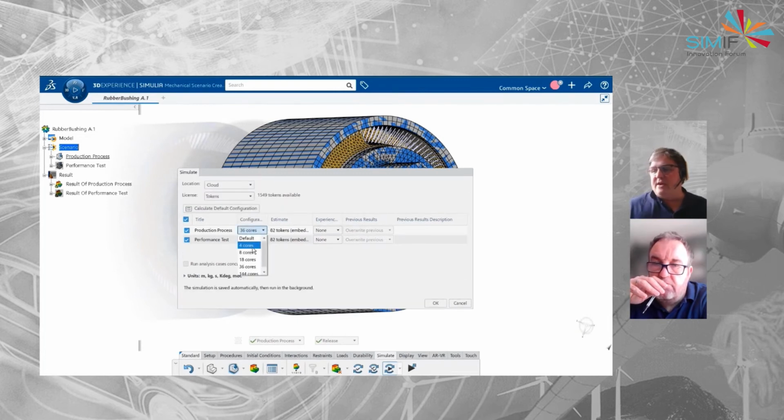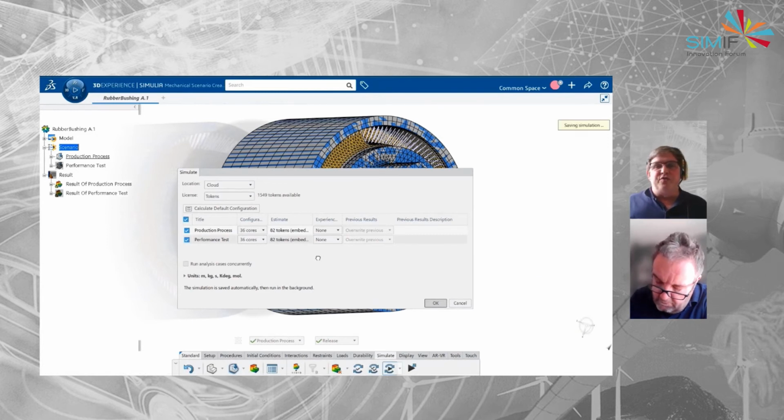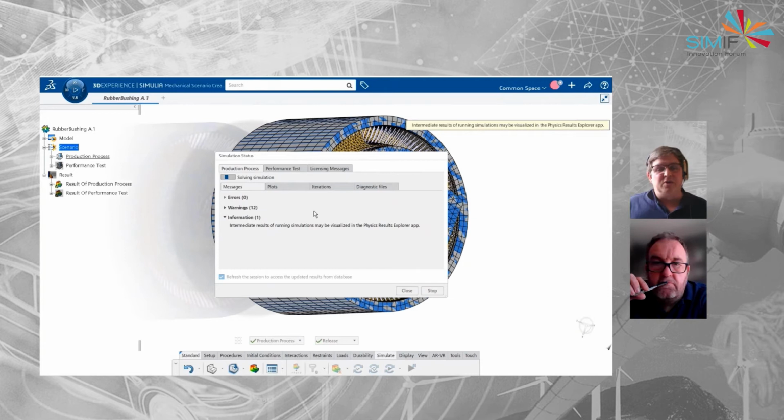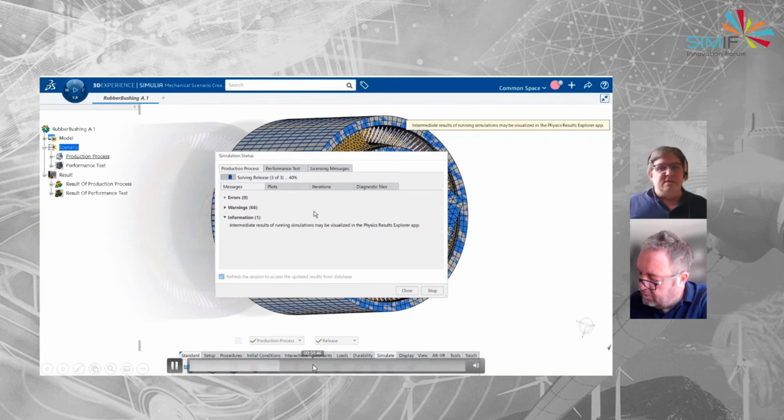Here we're sending this up to the cloud to do the simulation, and we're using 36 cores. It goes all the way up to 144. Will the 144 be quicker? Probably not on this one, because it's not the most complicated, but we can give you some good advice on how many cores you're going to need for simulations as and when that comes across. We've got a whole team who are very clever with all of that kind of stuff.